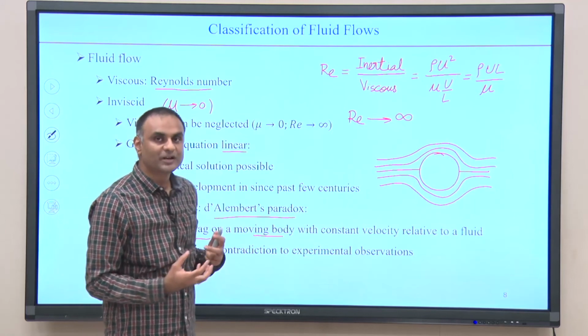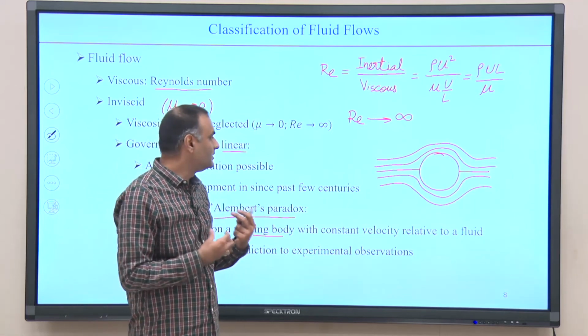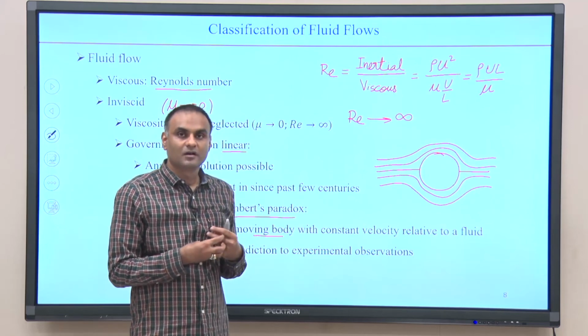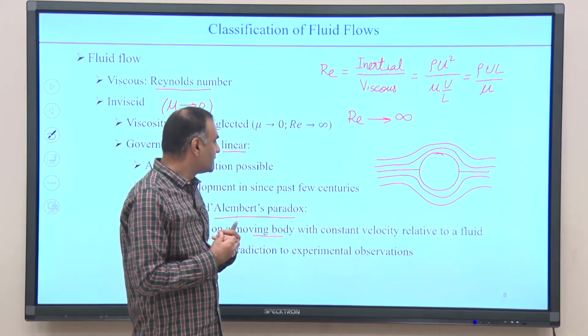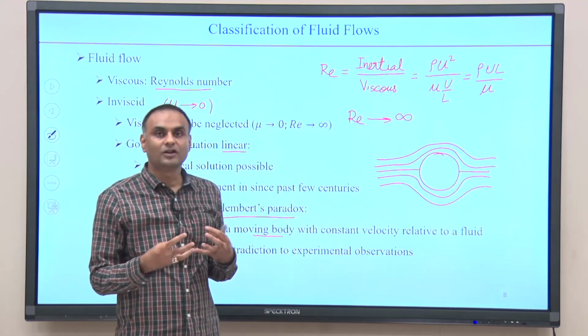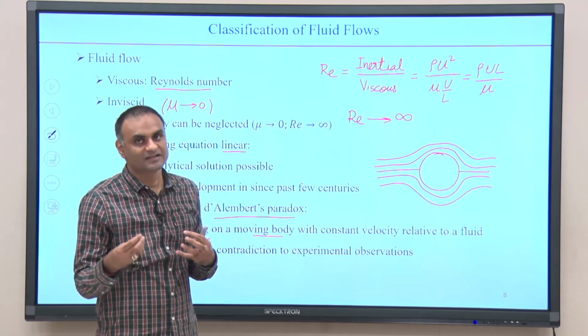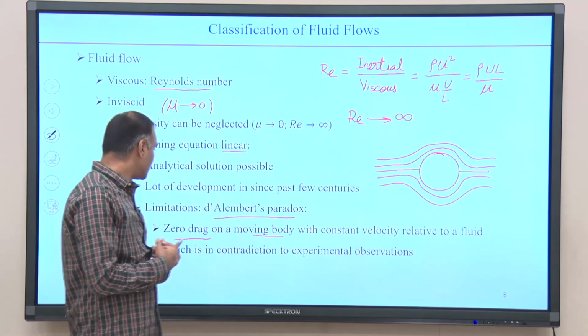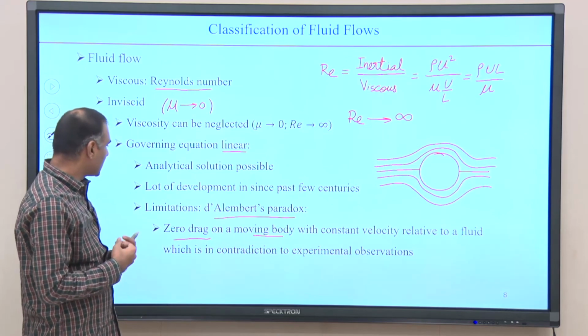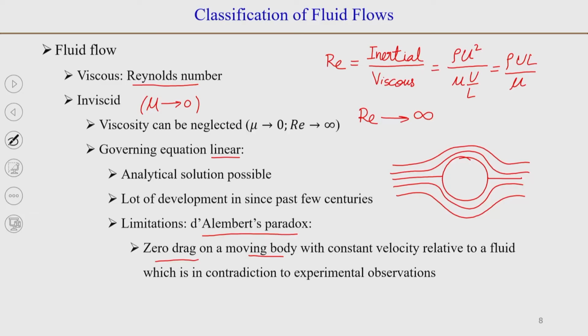But when you do experiments and measure the drag on a sphere in a flowing fluid, the value of drag is non-zero. You find that there is a certain drag on the body. So, this is why it is called a paradox, and it took more than a century to explain this phenomenon. And to explain this phenomenon, in the early 20th century, in 1904 or so,